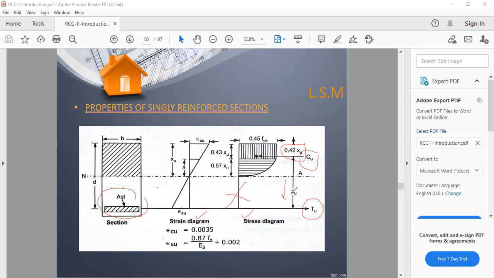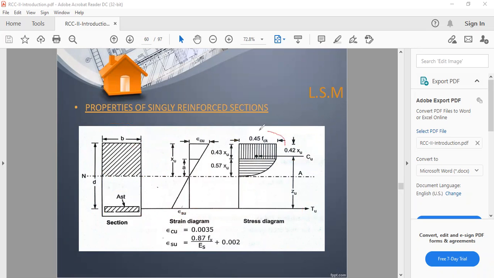So there is no stress distribution, or in the upper side itself, the stress distribution is there. Then this part itself only will be taken care for the compression part, and this will be taken care for the stress distribution. While for the strain, if you just look at the strain, the whole rectangular section will be applicable. But for the stress, you can see only this part itself.